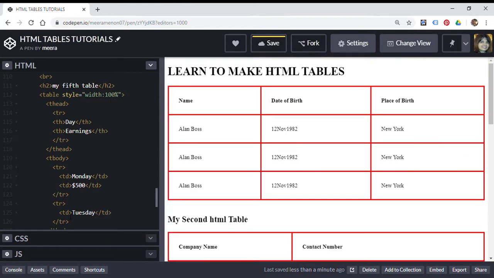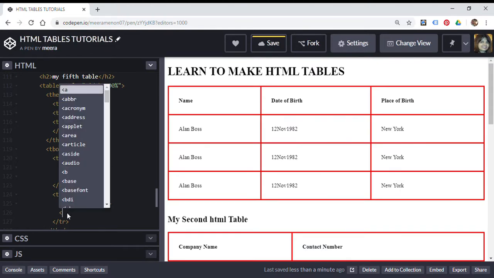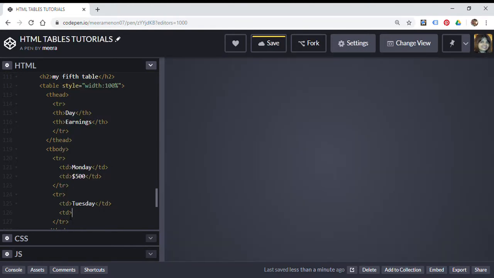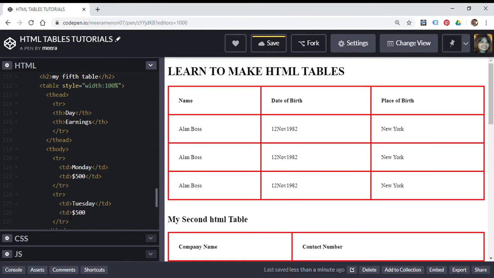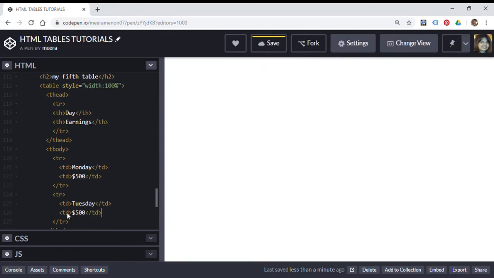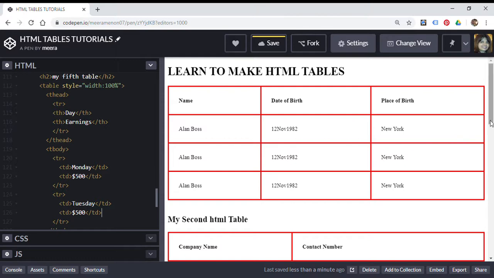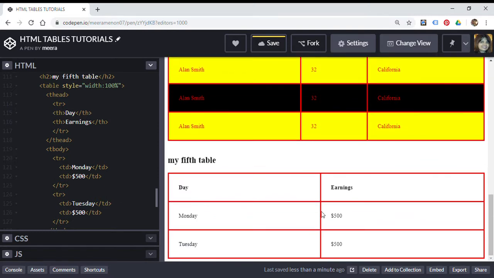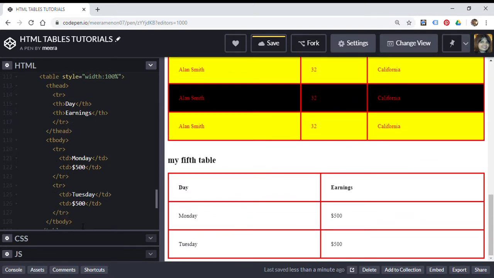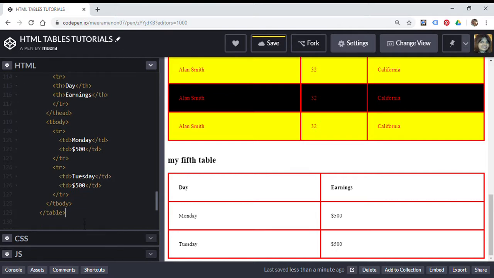Right, and what is the earnings data for earnings? Let's say $500 again. So we are done for both the days. Now we need to total it up, right? We don't have the total yet. Okay, so the TBody is finished. So within the body, we finished the data for the earnings. Then after the TBody, come out of the TBody, we do the